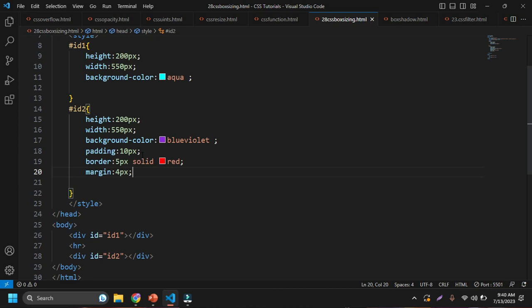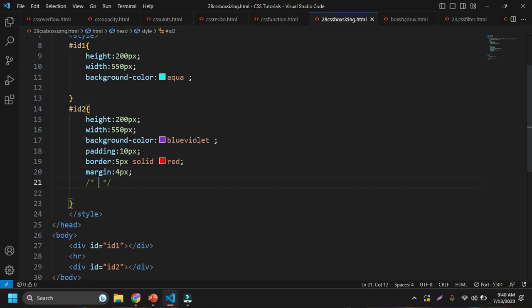So why does this happen? First of all I want to make a comment here. If I provide the width as 550 pixels, it means it is not only 550 pixels. If I provide the border, padding or margin, it will add them too. I have provided 10 pixels for all directions, so left padding and right padding, that is 10 pixels plus 10 pixels, that is 20 pixels,